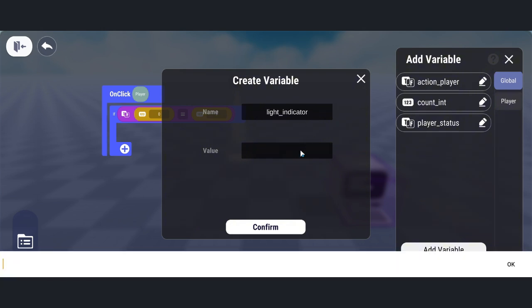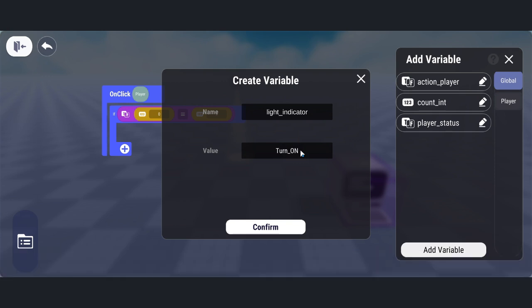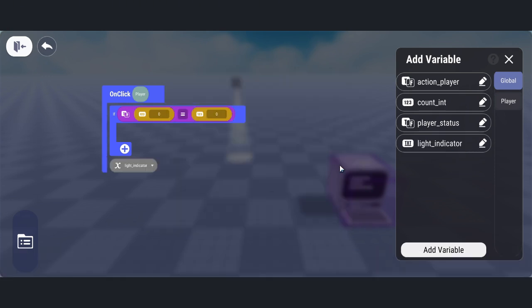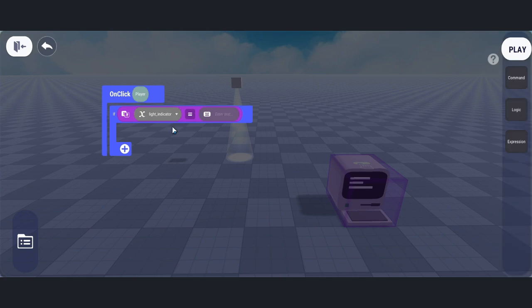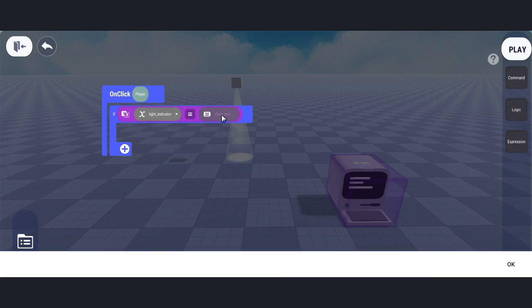Yeah, and then set the value into turn on. Like that, turn on, and then confirm. Now the light indicator default value is turn on, right? So turn on